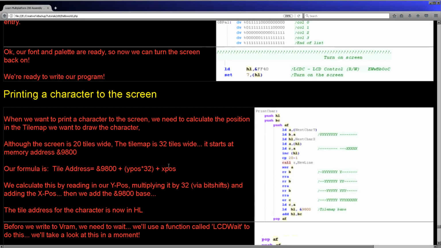Now, effectively, the tile map starts at hexadecimal 9800 in memory, and each line of the tile map is 32 tiles wide and 1 byte per tile. Although the screen is only 20 tiles wide, the tile map's actually bigger for scrolling and for convenience. So to calculate the memory address for any given tile within the tile map, we take 9800 in hexadecimal,